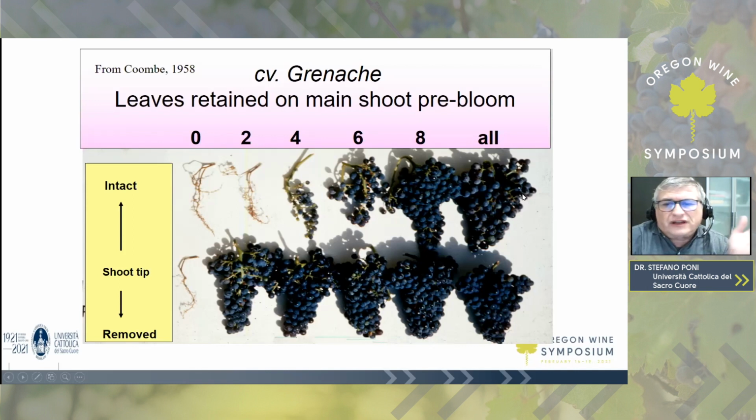Of course, the more leaves you remove, the lower would be the fruit set until, when you have only 2 leaves on the shoot, you basically have no fruit set because you don't have basically any source. Well, interestingly though, you see that this first row of clusters would actually respond this way. But if you look at the second row here, the bottom row, where the same treatments were applied, but at